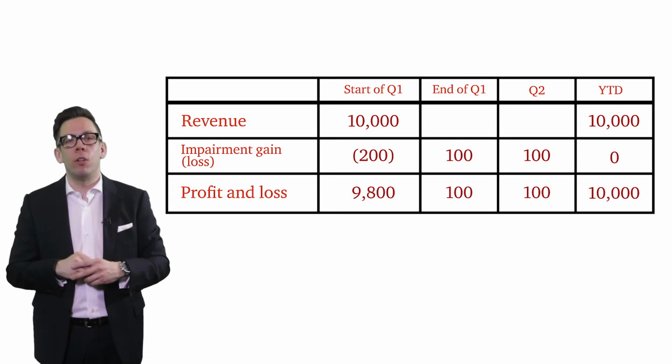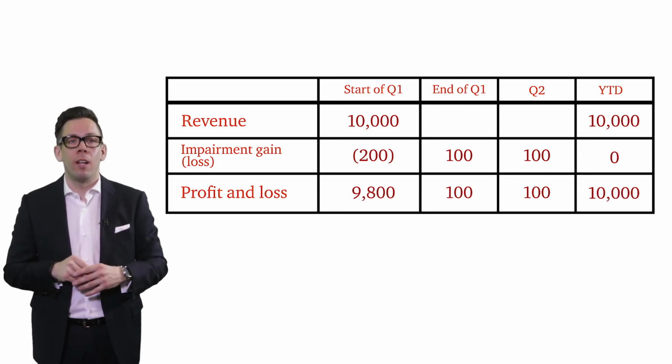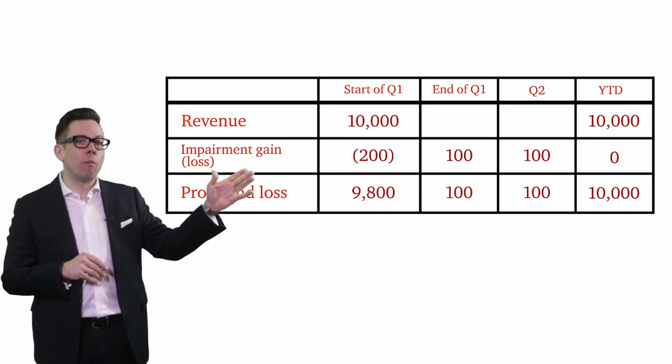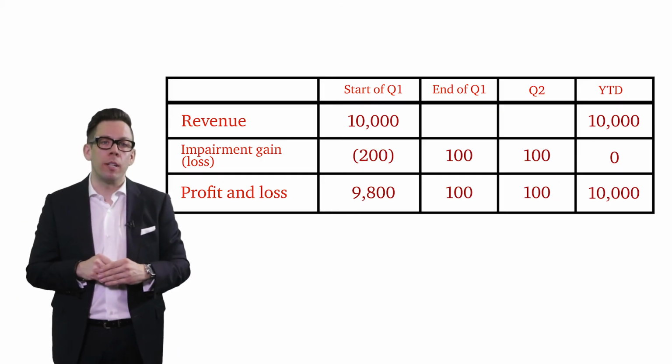In fact, the likelihood of default might change simply because of things like macroeconomic conditions, which might drive increases or decreases as we move throughout the economic cycle. Let's say that in Q2, the receivable actually pays off in full. At that point, you'd recognize the remaining reversal of $100 through the income statement.